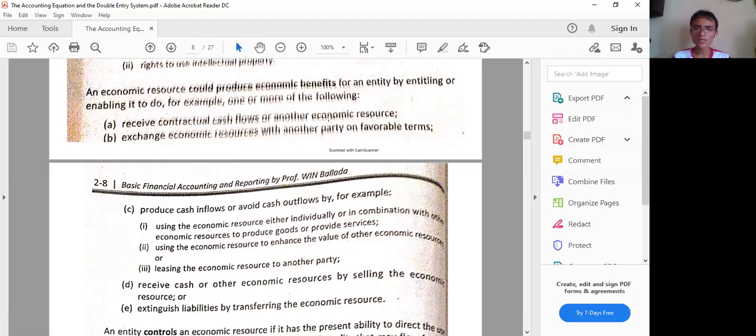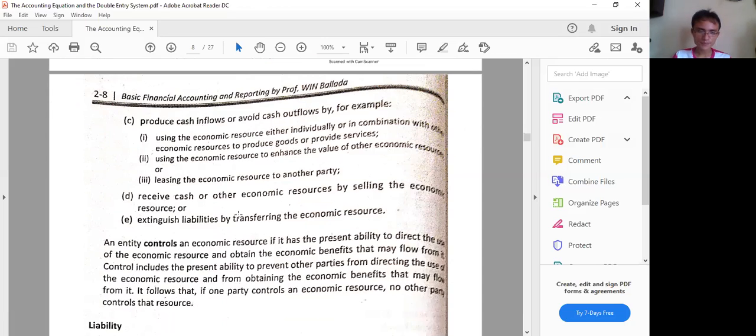By machines, we produce the goods of the company. And if we produce the goods, we can sell them. So either we receive the payment in cash, or it's still on account, meaning accounts receivable, to be paid later on. So we now have claims to cash. The asset would produce the right to receive contractual cash flow. So that's the point: it can produce economic benefits.